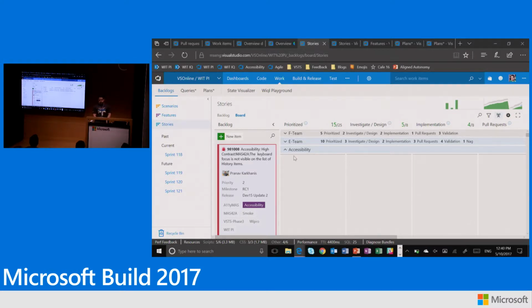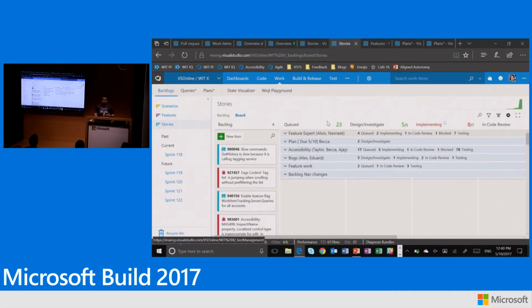The other thing that you can see is this is not necessarily prescribed to every team. A peer team of mine, they like to have way more swim lanes than I do. They actually control some of the priority via swim lanes. Would I do it that way? No, but it works for them. And that's kind of the beauty of VSTS, is we don't try to fit everybody in kind of a box, because we understand sometimes execution is more an art than a science. You have different teams with different personalities, different behaviors, different strengths. And the tool allows me to do that.